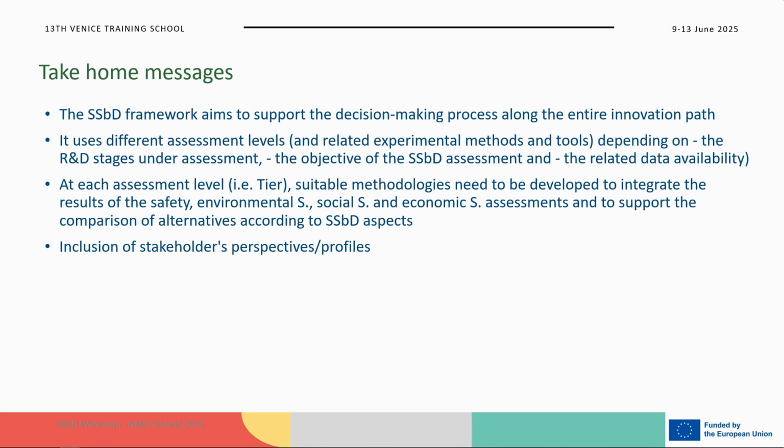The objective of the SSbD assessment can change according to the development stage of the material or product, and especially the data availability, because data availability is really one of the key points and challenges when performing SSbD assessment. At each assessment level, at each tier,